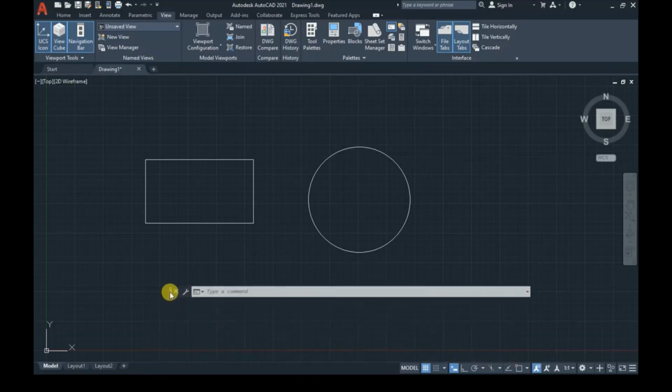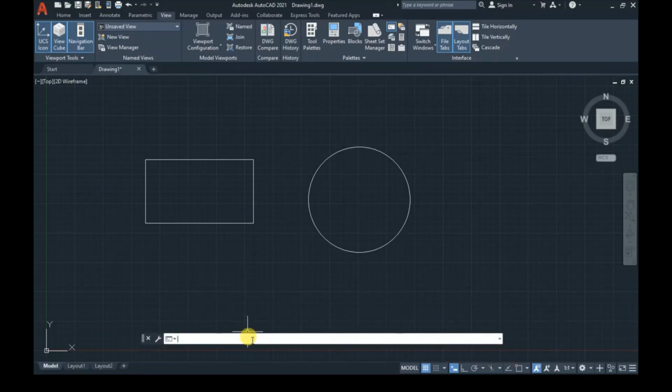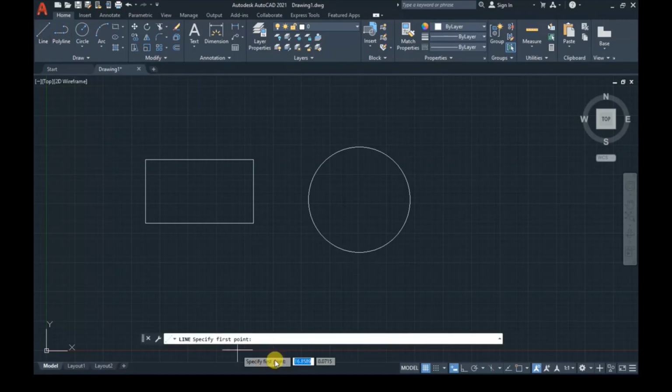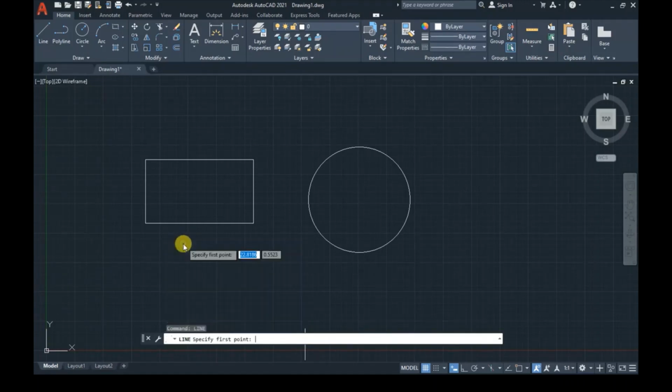You can drag it and place it anywhere you want. Fine. This is the command line, and here we enter commands. Whenever we click on the commands above, say Home, Line, the command will automatically appear here. And if I press escape and again say line, you have this line command available for us. So this is how a command line works.